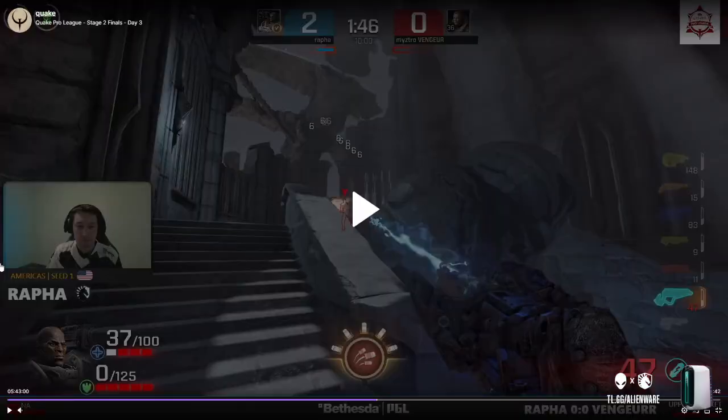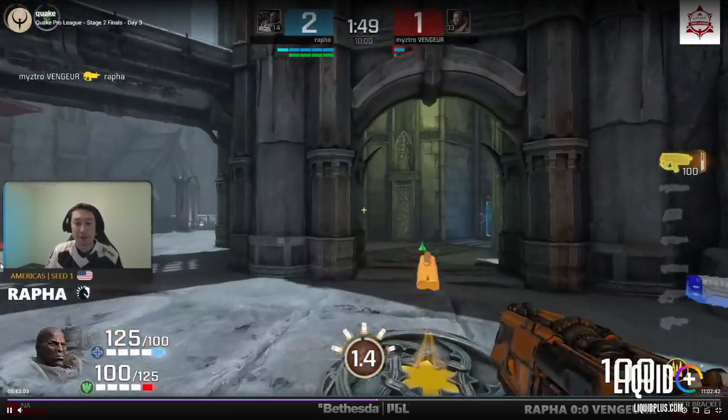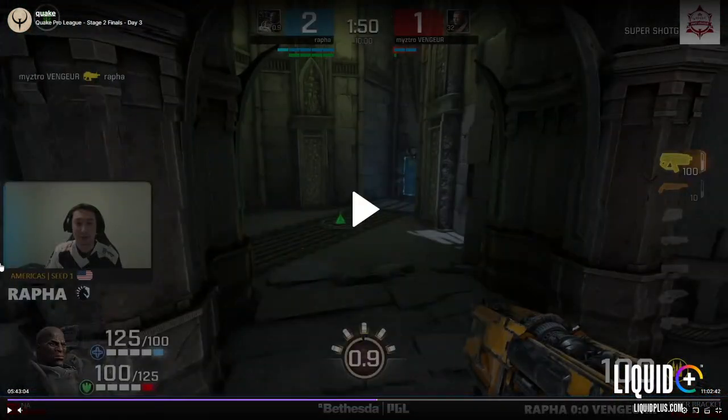I do a lot of damage here, and I know he's so weak. I'm like, okay, right now I need to switch weapons because he might be backing out of LG range and he has a machine gun. So I switched to machine gun, which is the smart move to do. And I just don't hit it somehow. He hits like 4 or 5 bullets in a row. He gets the kill. And it sucks that I don't go up 3-0, but it's not the end of the world